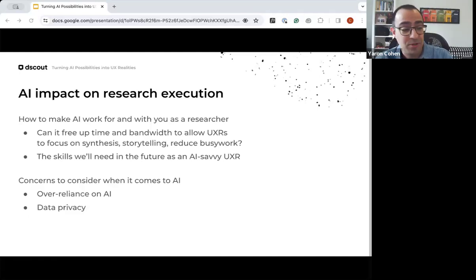Now, moving to the next step, which is designing tests, studies and research activities. This is where AI can almost give you a divergent thinking muscle. I know that we, as UX researchers, are usually focused on the problem space, on understanding what the actual problem is and defining it, not so much on divergent thinking and ideation and brainstorming. But this is where, especially if you work alone and you don't necessarily have a thinking partner, AI can help you come up with a few more questions or a few other ways of asking the same thing. And this is where Gen AI can be leveraged to come up with a more interesting